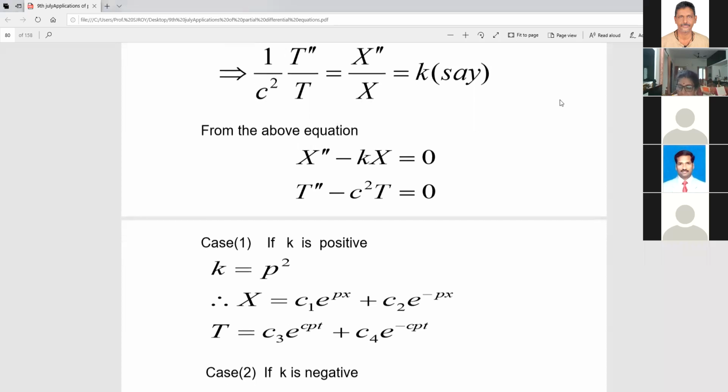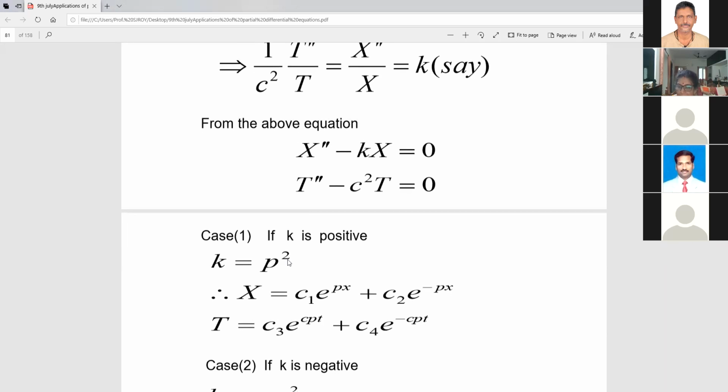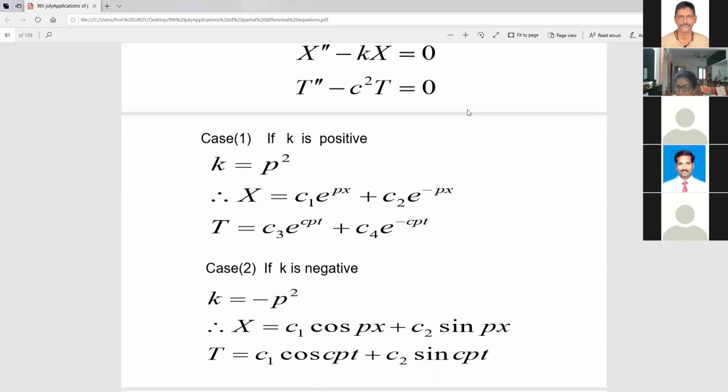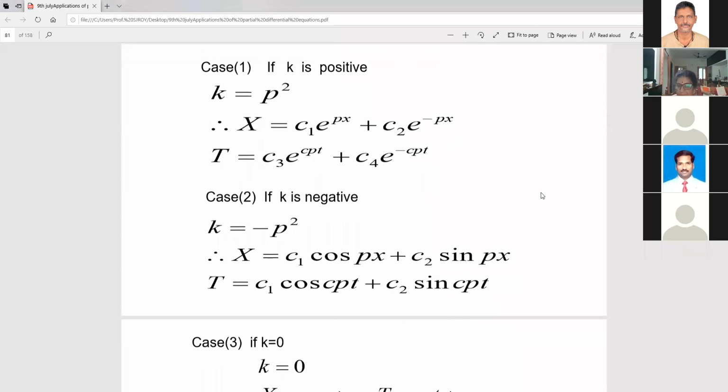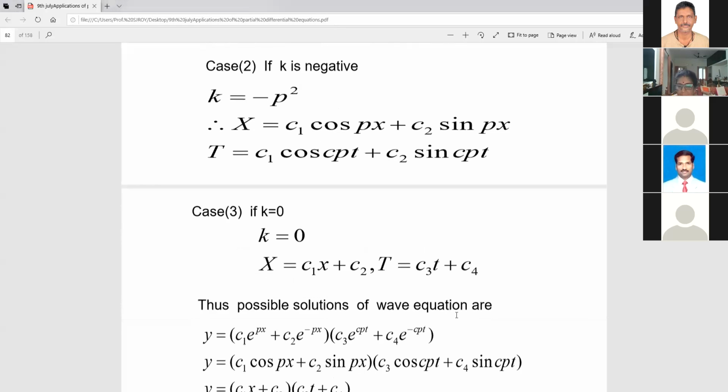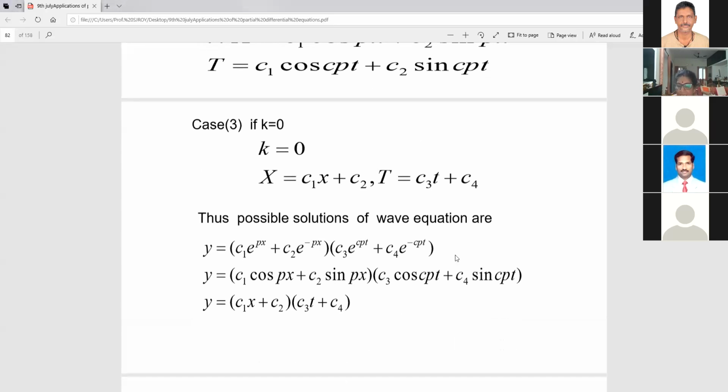So let us assume that k is going to be positive. Once positive, take some p square and write down p square here. Here k is there, and therefore it becomes p square. This solution and this solution we will both get; take a product of these two, that will become your solution. Let us take another choice. k can be negative. If k is negative, we'll be picking capital X to be like this, because the ODE solution will be like this, and x and t are there. We'll combine as a product and that gives a solution. If it becomes 0, these two are the solutions. Write down all these three equations.